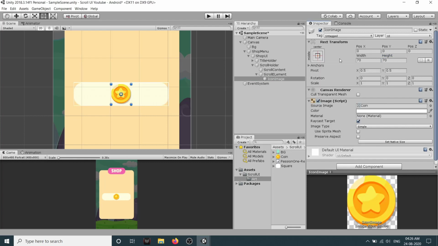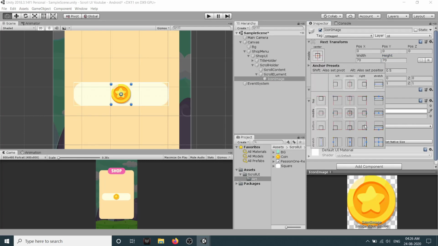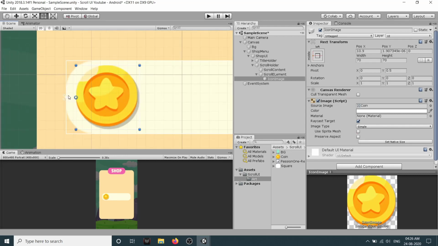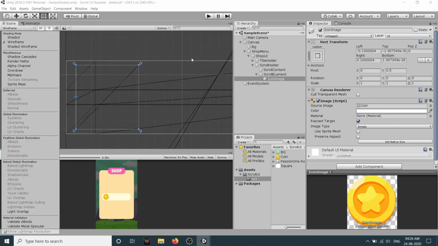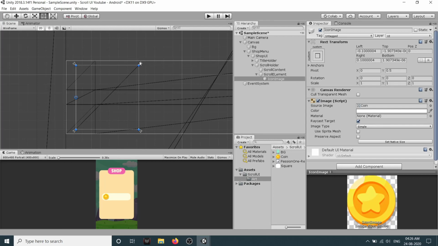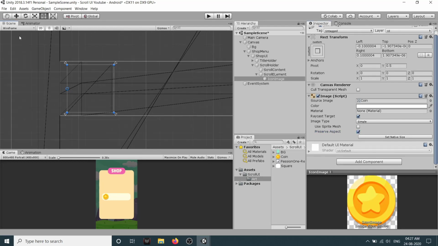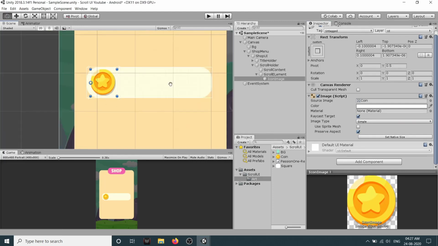Okay, now select this option, holding shift and alt, select this so that it anchors at the edge. Now we will just drag it to the right, and for anchoring we'll just anchor it to the edges of this image. If you can see in wireframe, you can see here we have anchored it to the edges of its image. Now we need to make it preserve aspect as well, and let's go to shaded again.